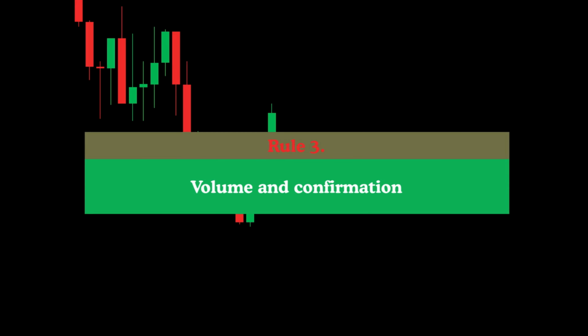Rule 3. Confirmation through volume. To validate a CISD setup, it's essential to observe a spike in trading volume during the momentum shift. Elevated volume signals greater participation from market players, reinforcing the strength and credibility of the move. Entering a CISD-based trade without this volume confirmation poses a higher risk, as it may suggest a weak shift lacking